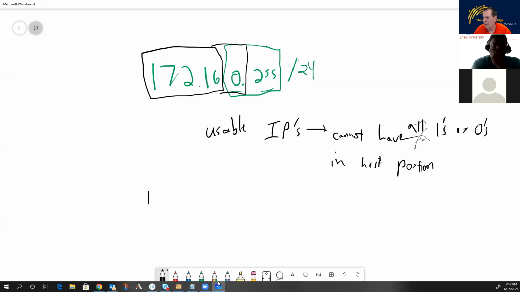I could put down, again, 10.0.0.255, and you can't tell me whether or not that is a valid IP address unless I